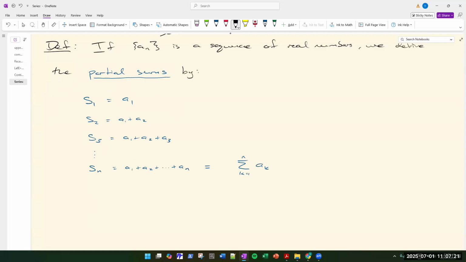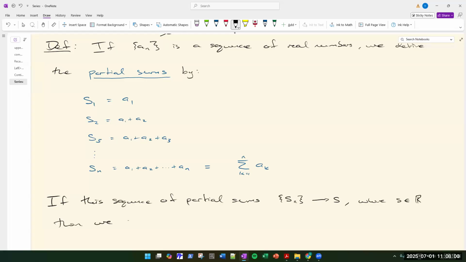Now we say, if this sequence of partial sums, so now the sequence I'm talking about is S_n. We went from a_n to a new sequence S_n. If S_n converges to S, where S is some real number, it could be any real number,